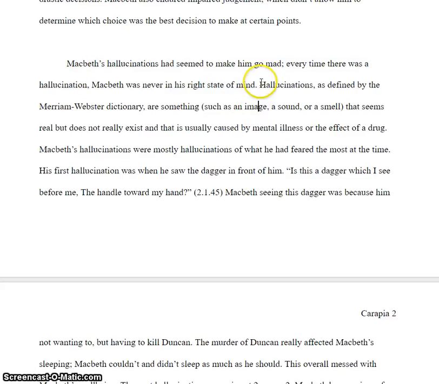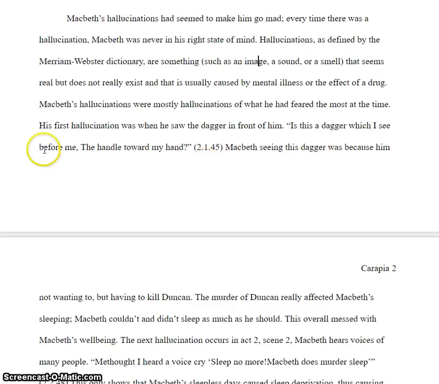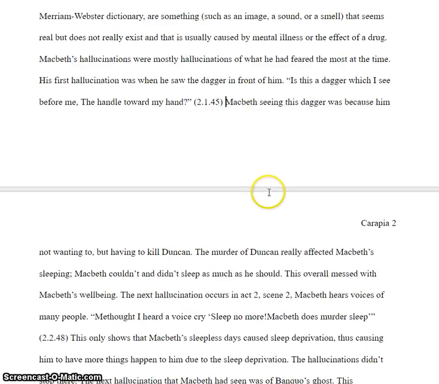Now, you go on to talk about the definition of hallucinations, which I don't know why you're using the dictionary when you should be using one of those reputable sources, and you don't even give an outside source for this reputable source anyway, so you already kind of have 2 strikes here against you. His first hallucination when he saw the dagger in front of him, which, remember when I said don't say a line and then use a quote from the play to just say what you already said, and that's exactly what you did. This has got to be a period at the end,